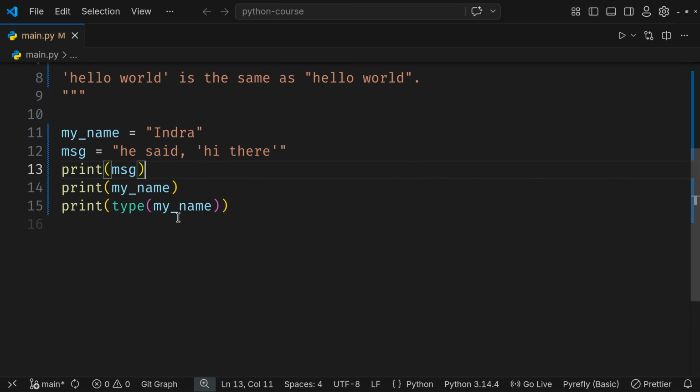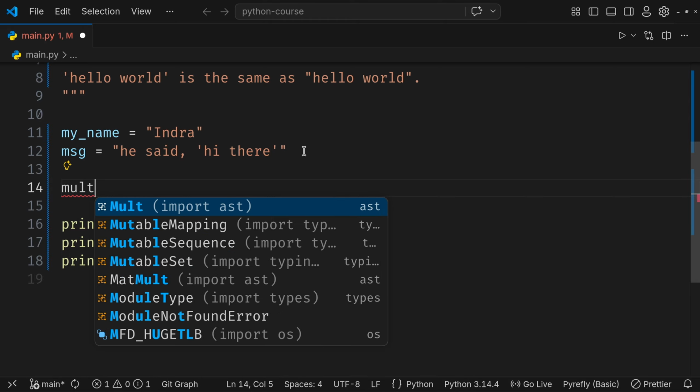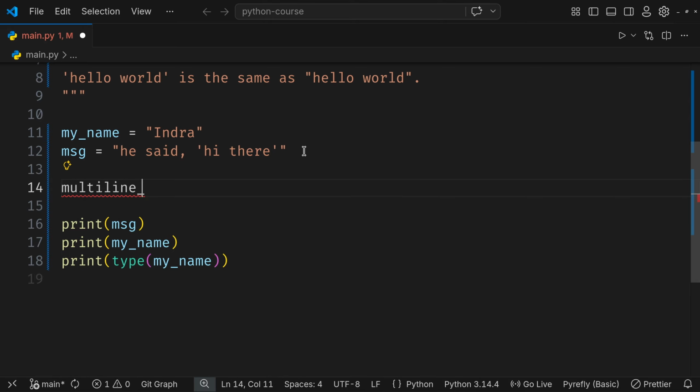Now strings can be multi-line as well. This is a single line string, right? But we can have multi-line strings as well. So I can add a variable here. Let's do multi-line message